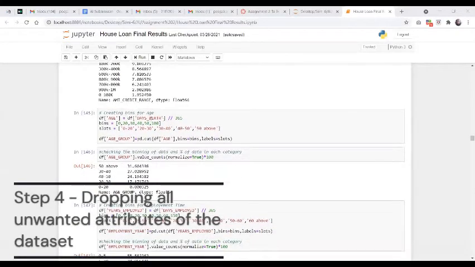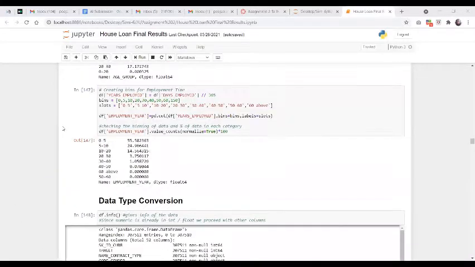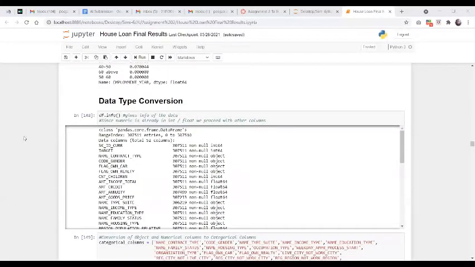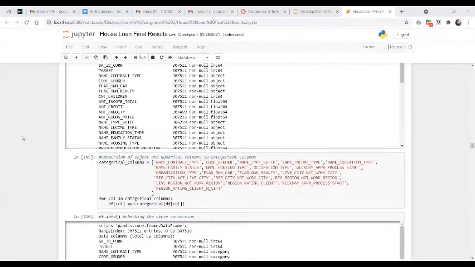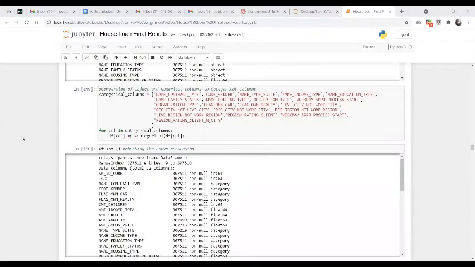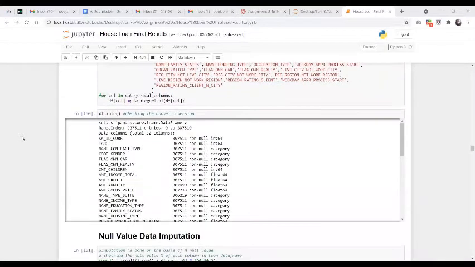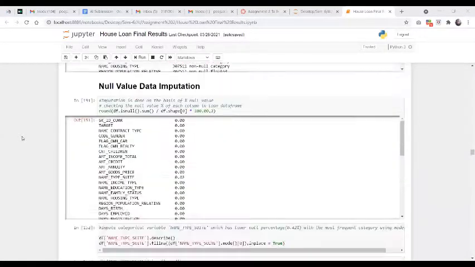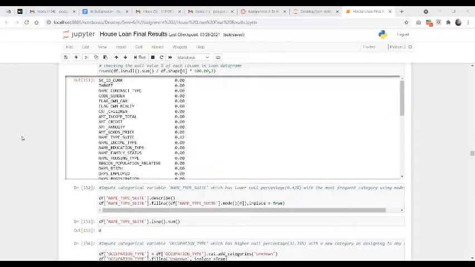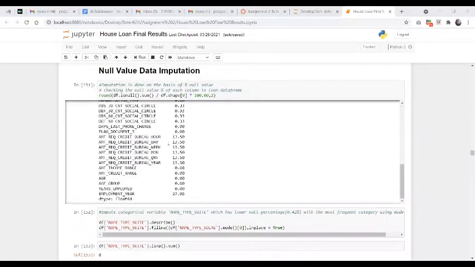Now this is basically creating a bin, a range for all the age column, where we do data type conversion. Data imputation for null values.